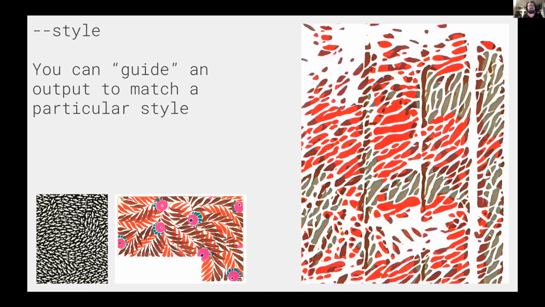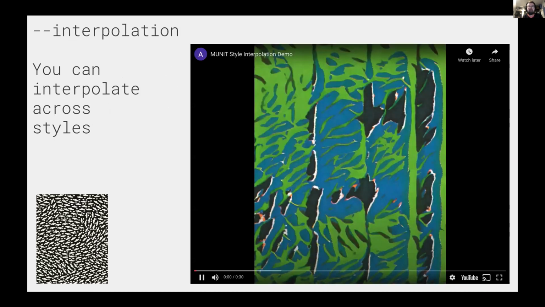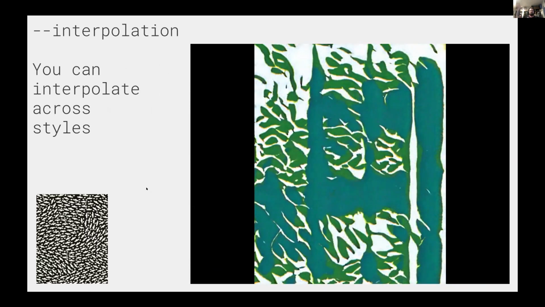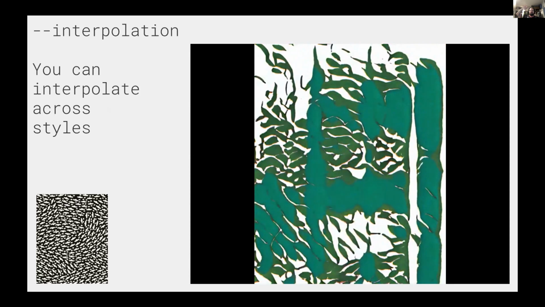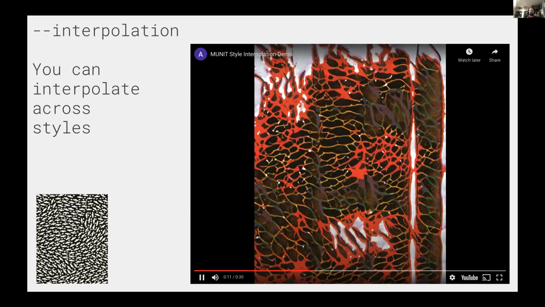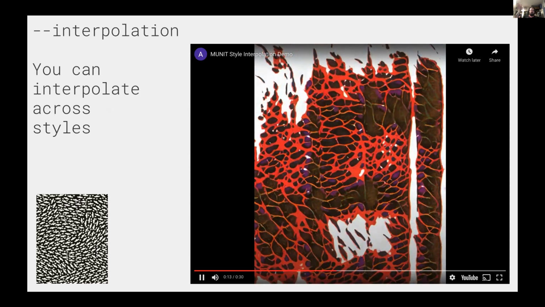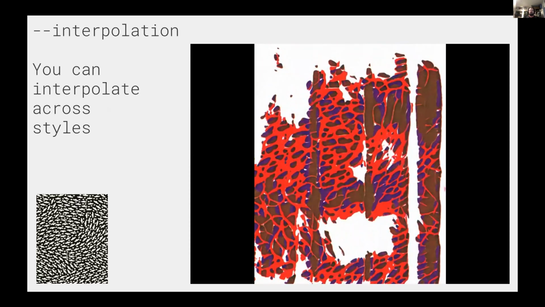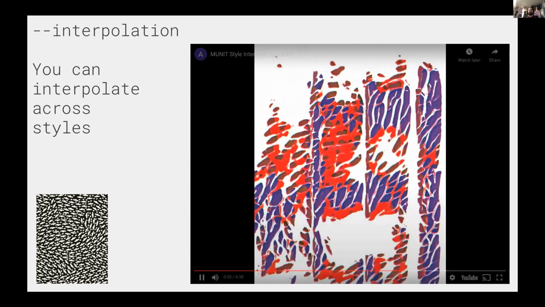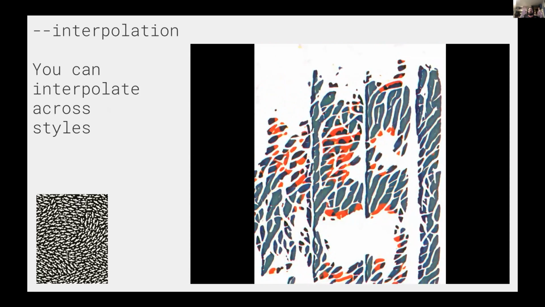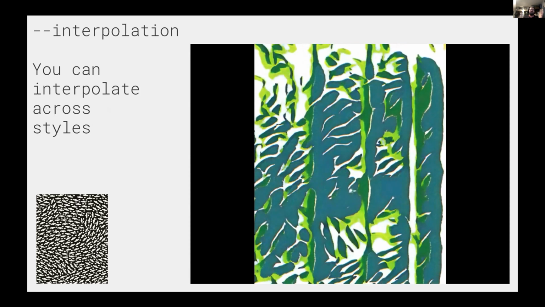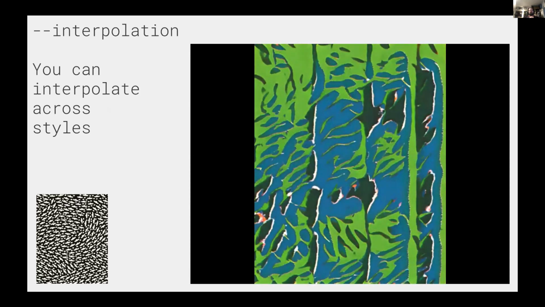So you can animate this, which I believe might be the next thing. Yes, here we go. There's a way to use interpolation, which we'll talk about much more with StyleGAN. But in this case, we're saying, here's my input image, and instead of a discrete style number, like 1, 2, 5, we're saying, actually animate between 1 and 2 and 2 and 5. We'll cover this a lot more when we get into StyleGAN, because interpolation is pretty much all you do with StyleGAN in many ways, but you can do a little bit of interpolation with this,